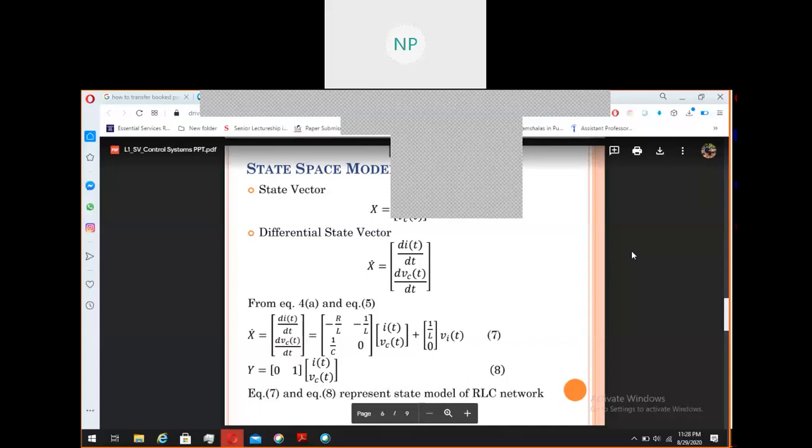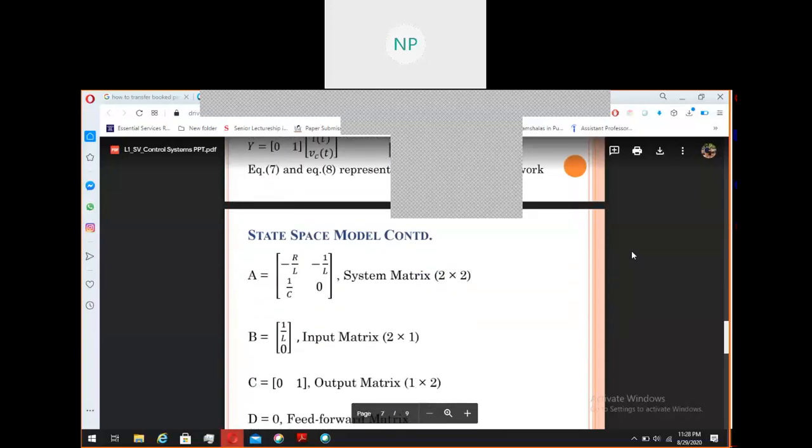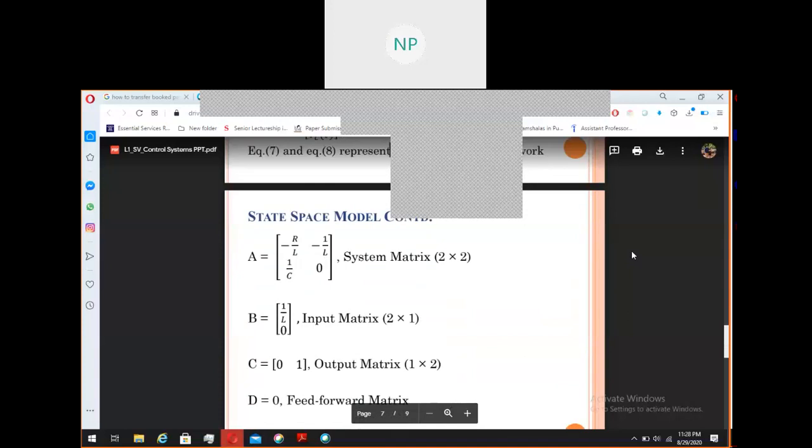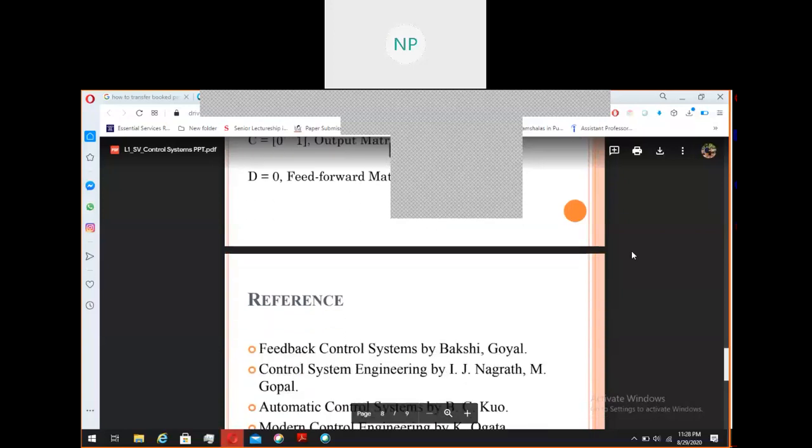We observe that x dot equal to Ax plus Bu, and the second equation is y equal to Cx, and Du is absent. That means the feed forward action is absent. So the Du part in equation number 2 is absent. Equations number 7 and 8 represent the state model for the RLC network. These are matrices A, B, C and D. As we have selected two state variables, we get a 2 by 2 system matrix. From that we can define that the order of the system is